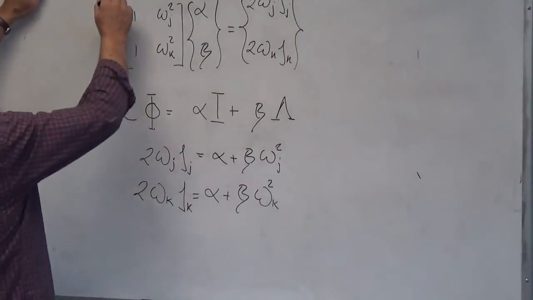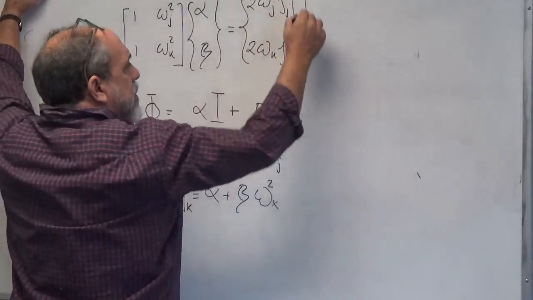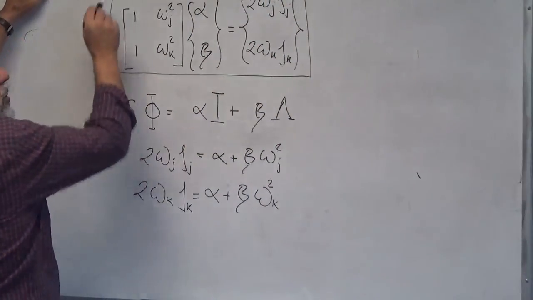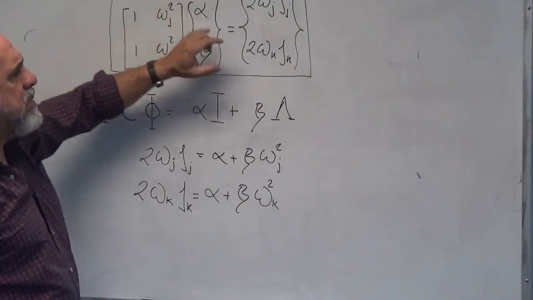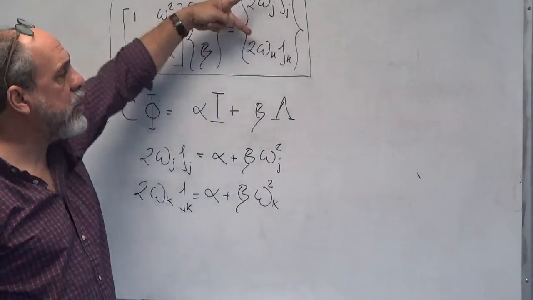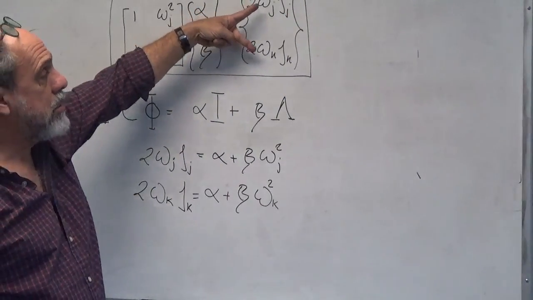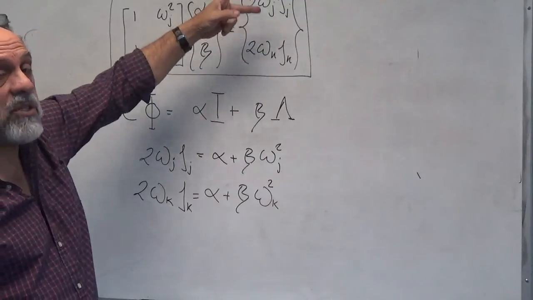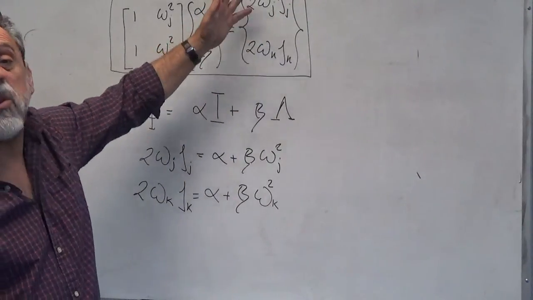So that's it, right? I have these very simple two equations with two unknowns. So in Rayleigh damping, what I have to decide is how much damping I want in two modes. I can choose the first and the second, the first and the last, the fifth and the sixth, whatever you want. But